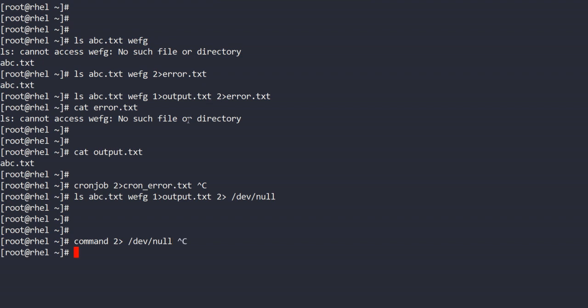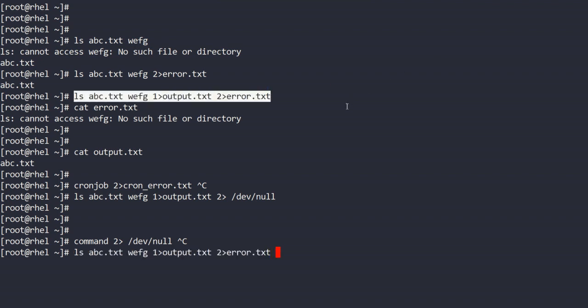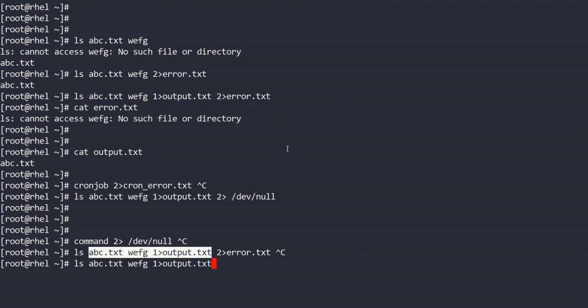Okay. One more example. We were discussing this. You can write this syntax as output.txt, and by using this ampersand and 1, you are saying that wherever your standard output is going, your error will go to the same file.